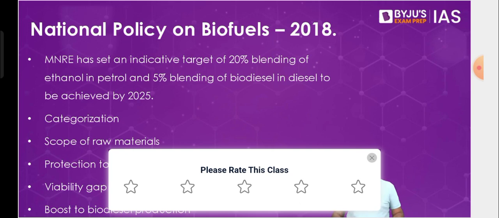High energy efficiency, please explain once more. So what we are saying is that, let's say if you have 100 grams of algae versus 100 grams of a food crop, this 100 grams of algae will give you more energy as compared to 100 grams of the food crop. That is what we mean by high energy efficiency.